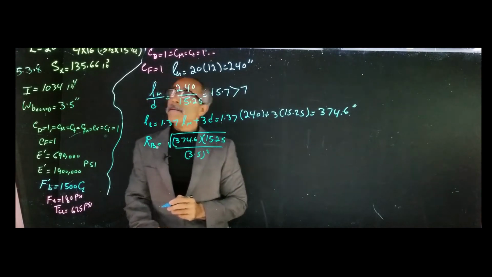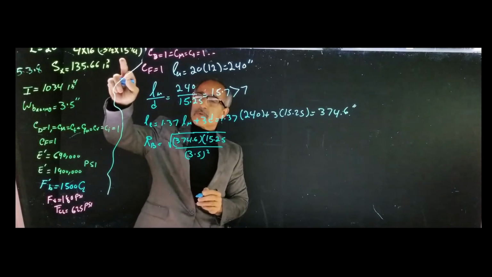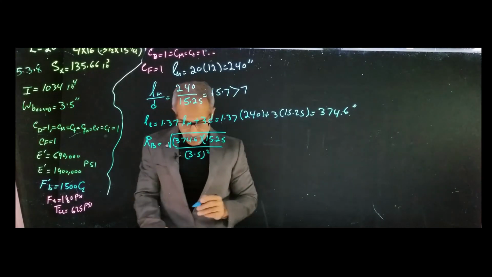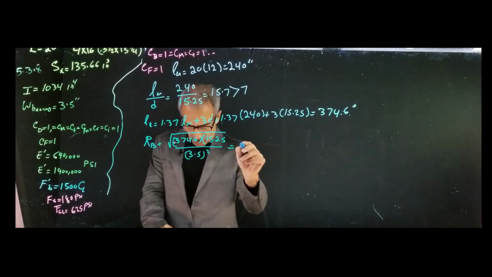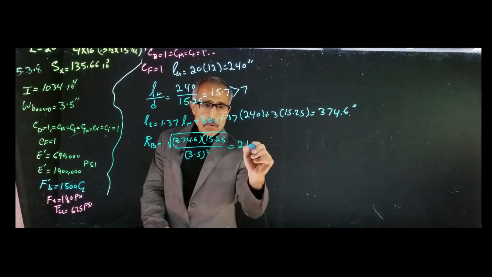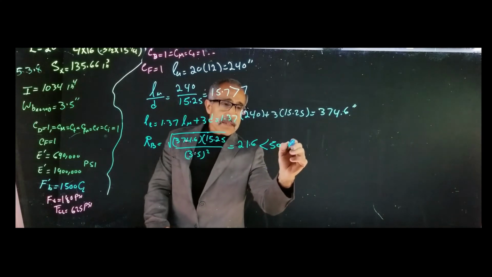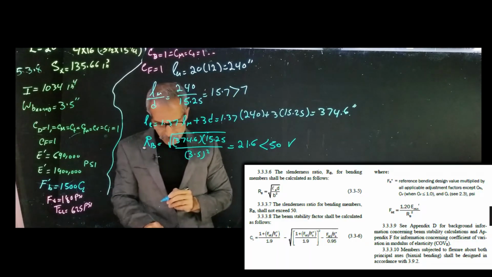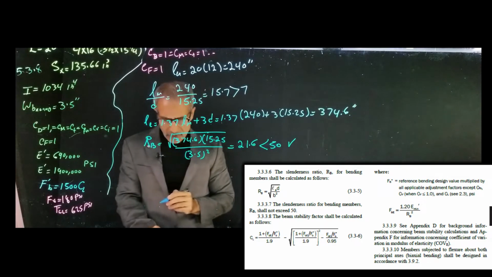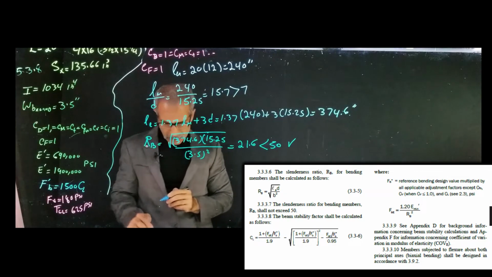Okay, now remember 4 by 16 is actual sizes, that's why I have that right there. And so that comes out to, our RB comes out to 21.6, and that's less than 50. Take a look at the spec. Spec says it has to be less than 50. We're good right there. The next thing, we're going to go ahead and find FBE, which is the critical buckling